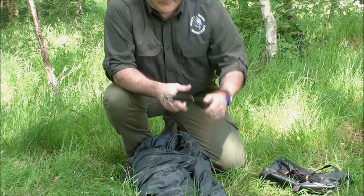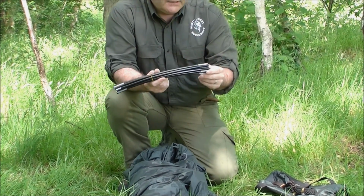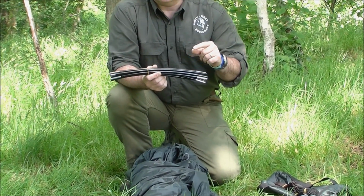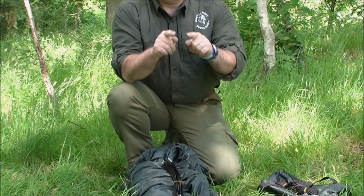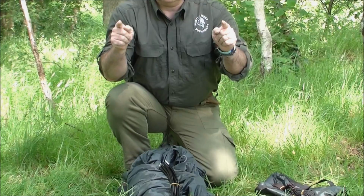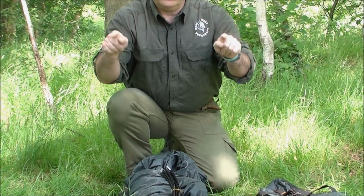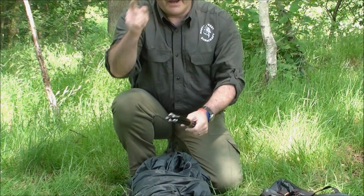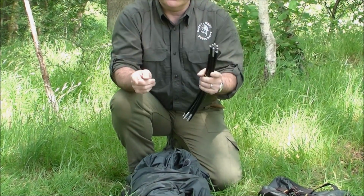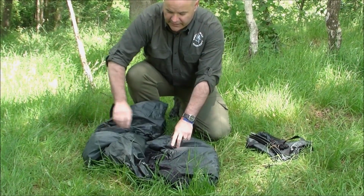And there's also these tent pole type poles. Now if you remember the review I did on the 2012 model, you'll notice that in the 2012 model you had a single straight piece that went inside the pockets of the mosquito net, which created that kind of box section for your head. But these are actually arched. It actually creates like a barrel shape inside to make the inside much more spacious. So that's those. And then the hammock itself